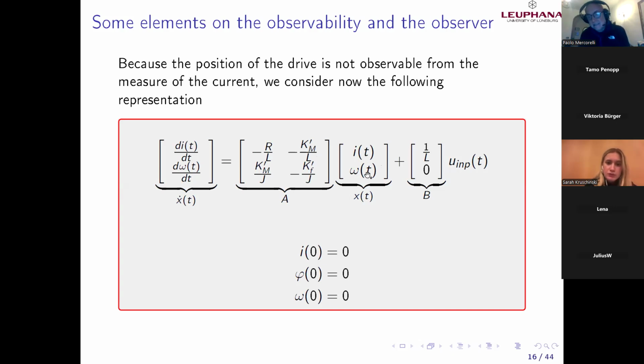State vector, X, or states, current. And let me shut down the email system, otherwise